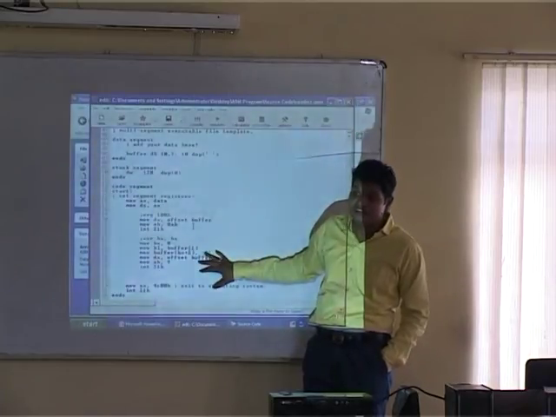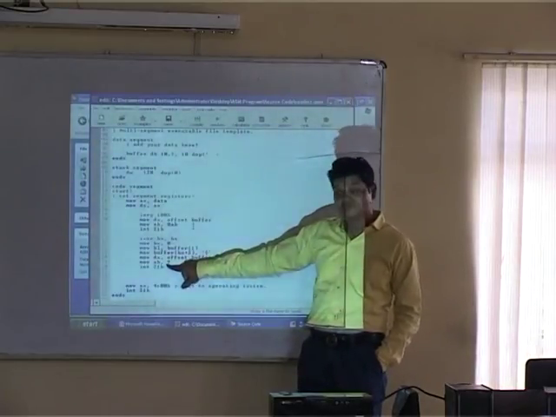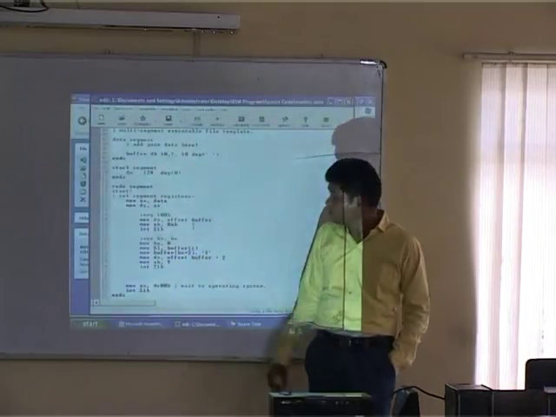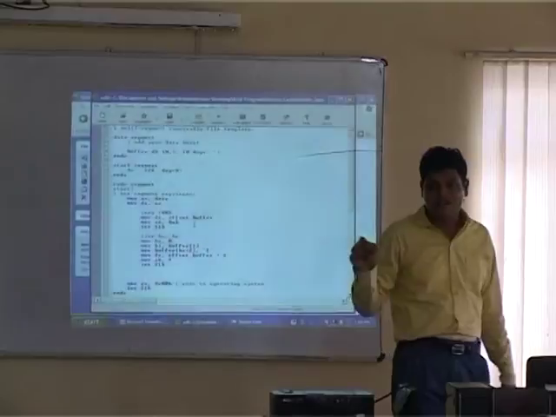Okay. Now how to print it? In AH, move 9. Issue INT 21H interrupt. It will print the string. This particular program I will try to run. Why does it happen? Because in AH, check out here, there is 10. And it stops at which location? INT 21H.